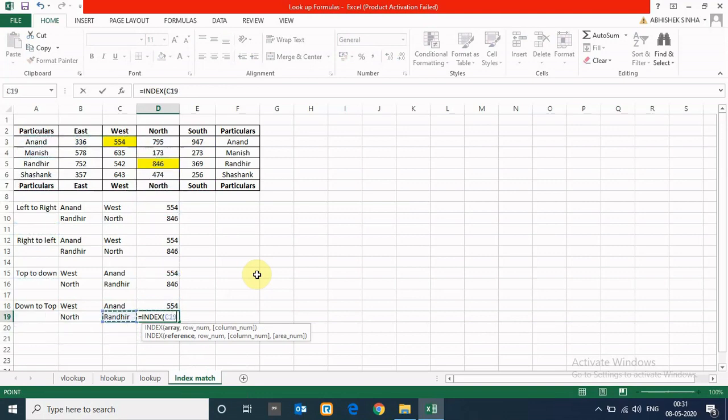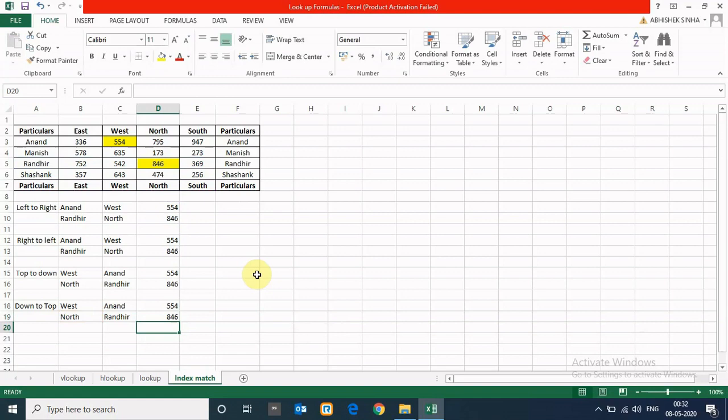We have to choose the Randhir array, so the Randhir array is this, comma, 0, comma, MATCH, lookup value is North, South side, comma, 0. So we get similar results. So we have understood INDEX MATCH also.